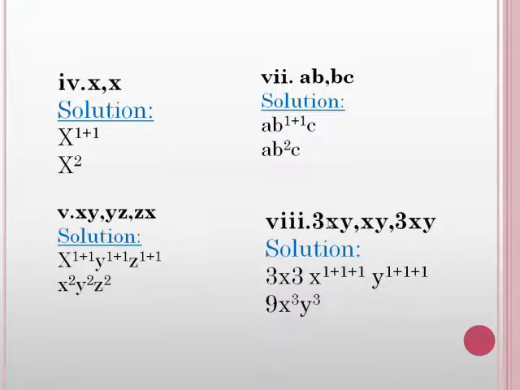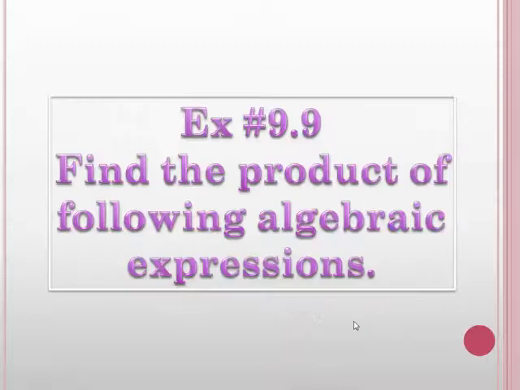Firstly, we multiply their coefficients. The coefficients are 3, 1, and 3. Here we directly write 3 multiplied by 3, and x appears 3 times, so we add their exponents, 1 plus 1 plus 1, and y also appears 3 times. So here we write their exponent 3 times, 1 plus 1 plus 1. So 3 3s are 9, and x has exponent 3, and y also has exponent 3. So the answer is 9x cube y cube.